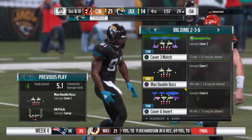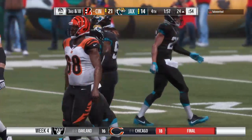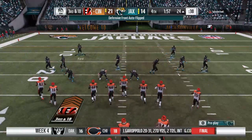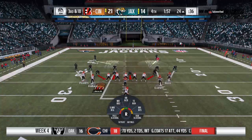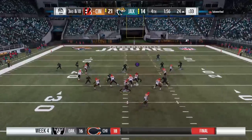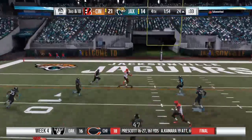And now the question everyone's wondering, look at the clock, late 4th quarter, do they put the ball in the air here on 3rd? I don't. I run the football, and I tell my offensive line, no leakage up front. I don't want my running back hit as I hand the ball off to him. I don't want any type of an issue. But if I am going to throw...